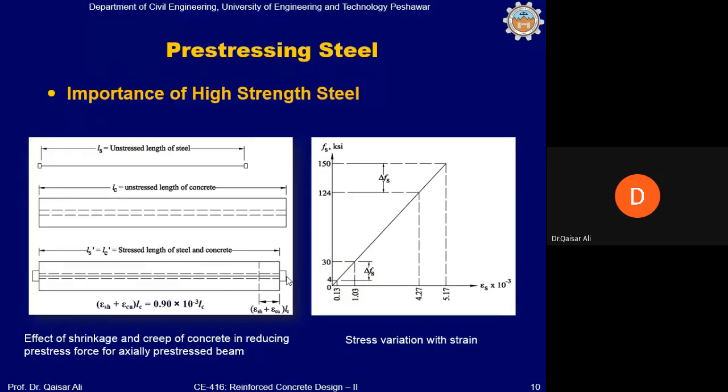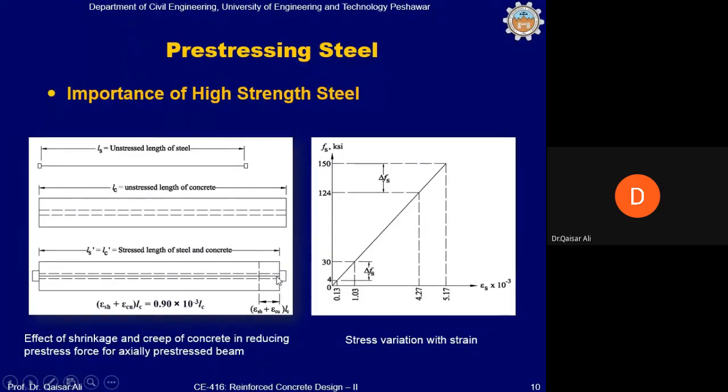So when the steel is stretched before concrete is poured, and steel tends to regain its original length, it will keep on pushing concrete, and a pre-compression stress or pre-compression force will be present all along the length of the beam. However, if steel succeeds in regaining its original length, how is this possible? This is possible because we have cut the steel wire from this side, and the steel will tend to regain its original length